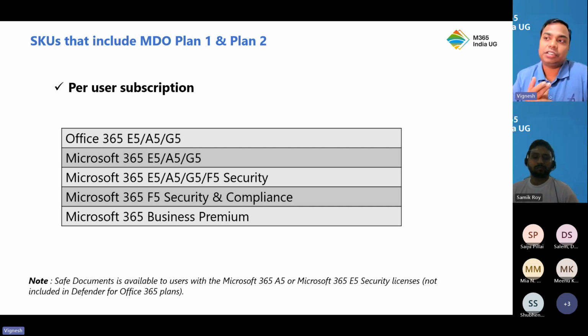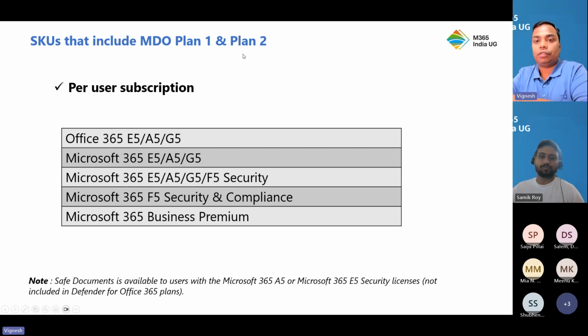Now you may ask, well, Vignesh, how do I know? We understand that MDO plan 1 and plan 2 is included in all these SKUs, but we would like to have a much greater split up, wherein we want to know which SKUs offer MDO plan 1 and which SKUs offer MDO plan 2. Well, I tried to put a split up like that, but it just got quite complicated. So which is why Samik, in his cheat sheet, is going to talk in detail about it, wherein he can clearly explain